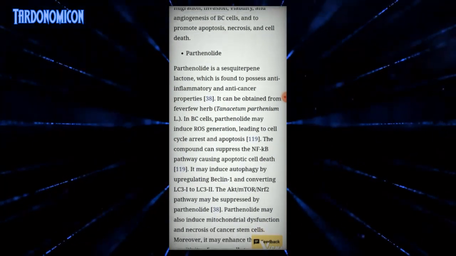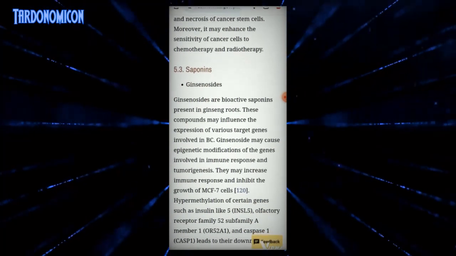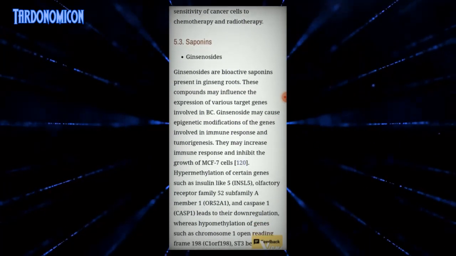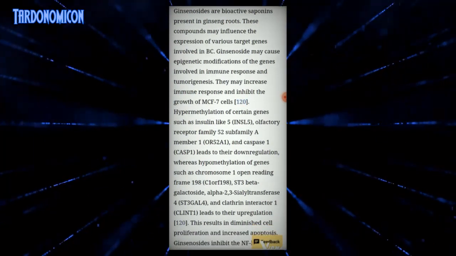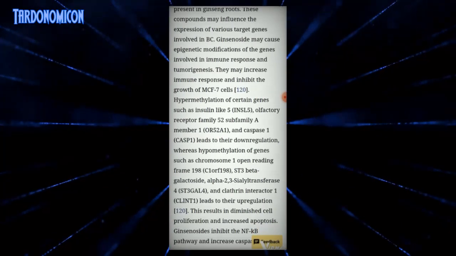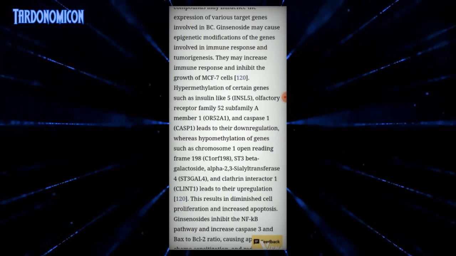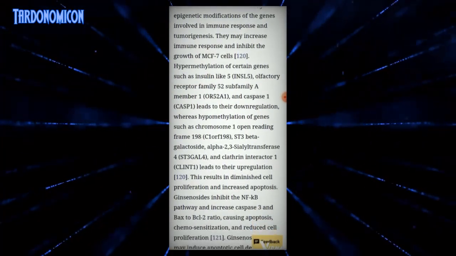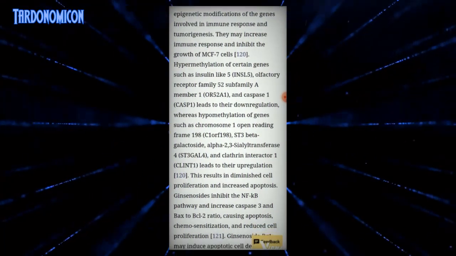Lactone, saponins. Ginsenosides are bioactive saponins present in ginseng roots. These compounds may induce the expression of various target genes involved in breast cancer. Ginsenoside may cause epigenetic modifications of the genes involved in immune response and tumorigenesis. They may increase immune response and inhibit growth of